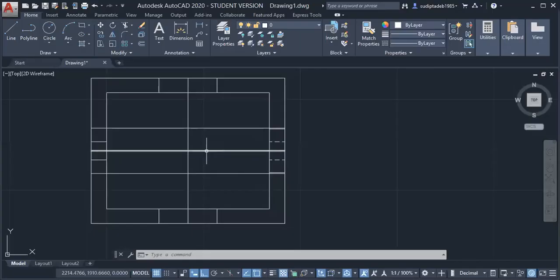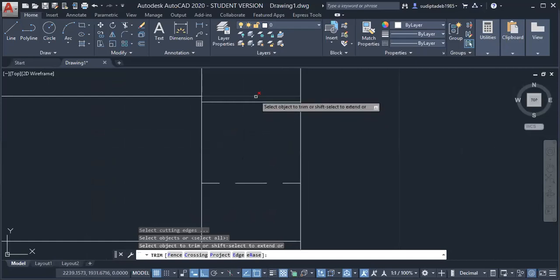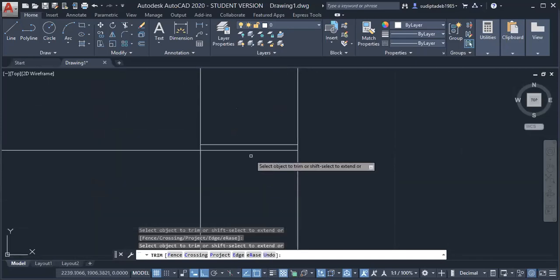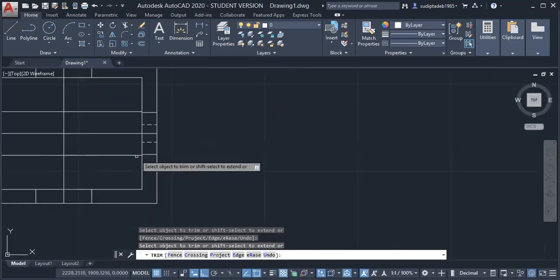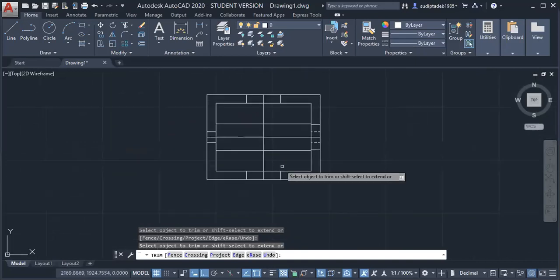What I am taking, this is the first one, for reference, we have taken two offsets in 12.5. Now what we'll do, we'll trim the unwanted sections. Trim this section and also this section. This is not required. This is, and this is also not required right now. Again, if you see the drawing,